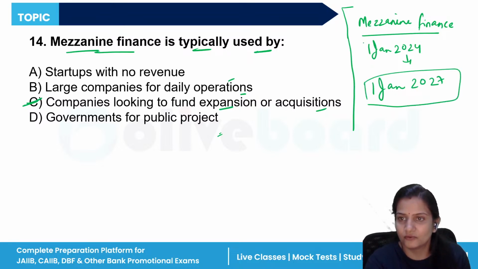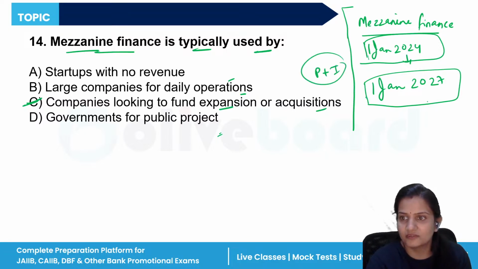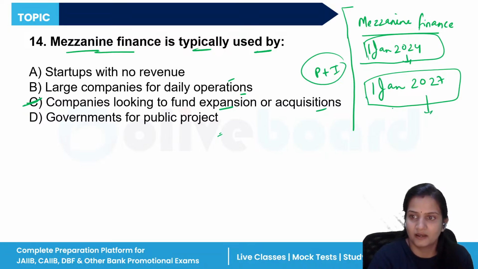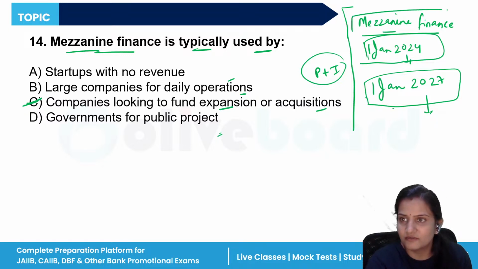Now you need to repay your principal plus interest on 1st January 2027, but for some reason you are unable to do that. Now what happens? Mezzanine finance provides that if you are unable to repay my money,